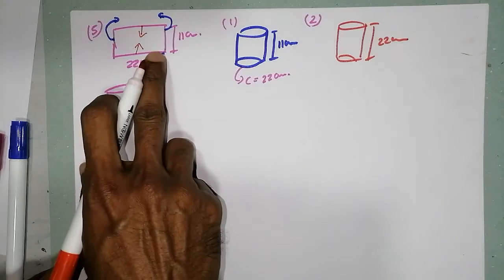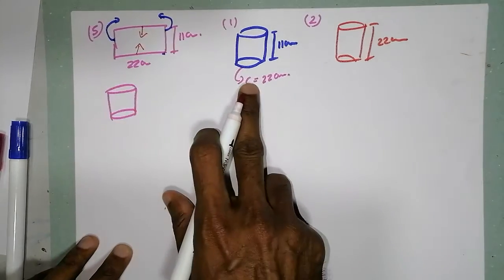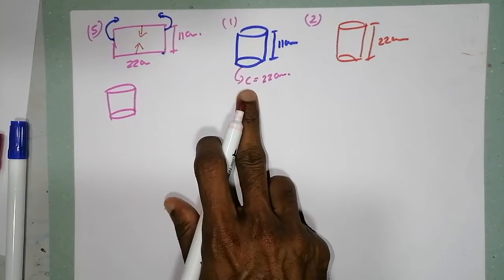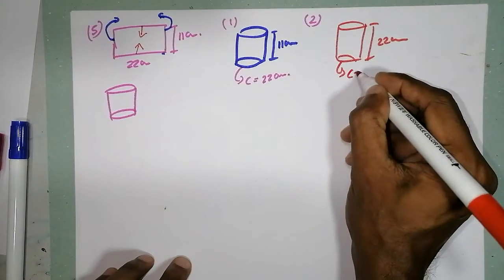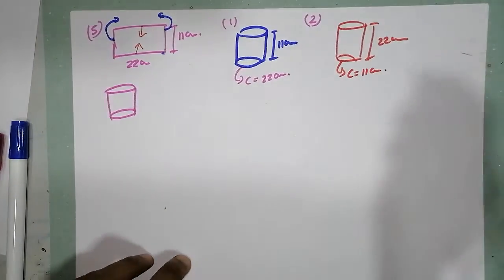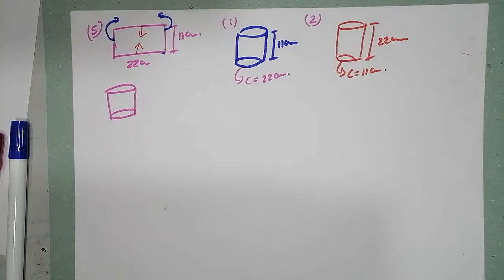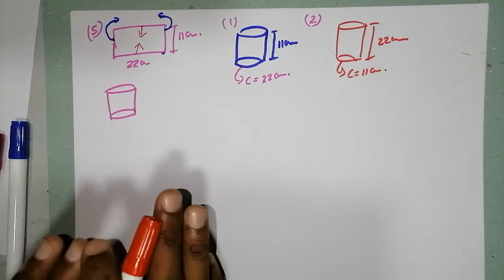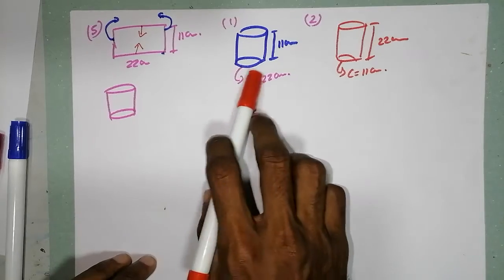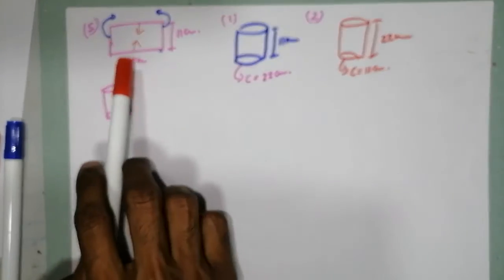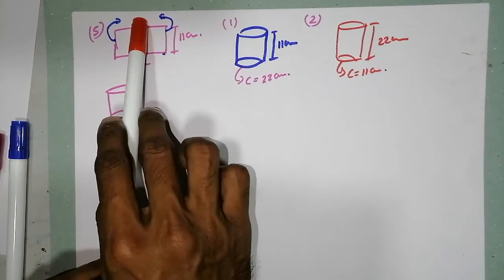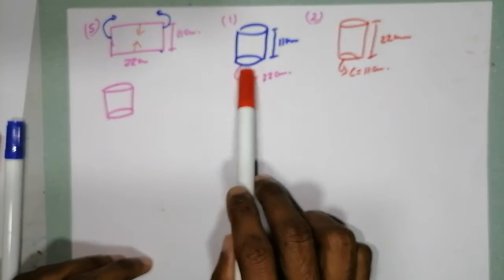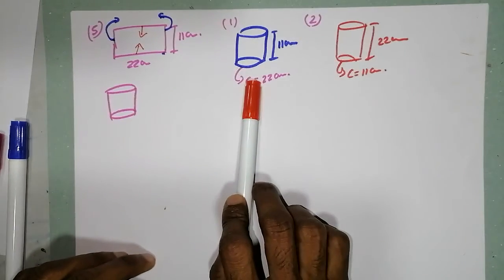Okay, so this part will be the circumference. The circumference of the base is going to be the breadth, 11 centimeters. So you take a rectangular sheet of paper and roll it like this, and you can have these two figures. Using the sides, the breadth and the length, we can create two cylinders.